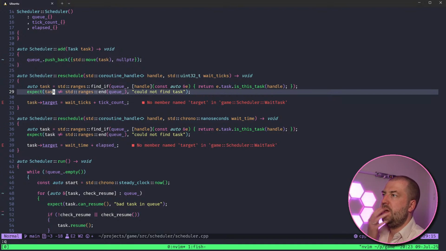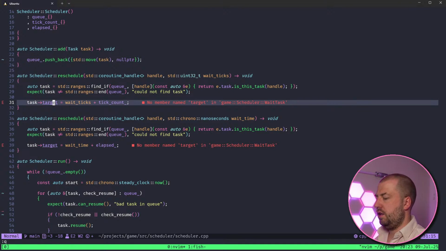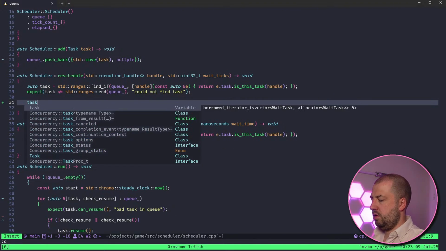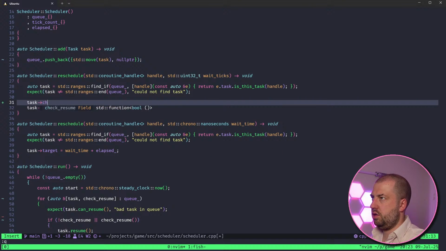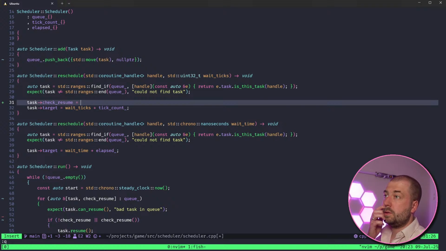Let's see. Okay, so we find the task, and then we need to do task dot check resume equals, what do we want? Take a copy of wait ticks.